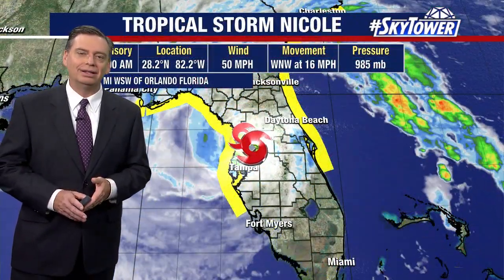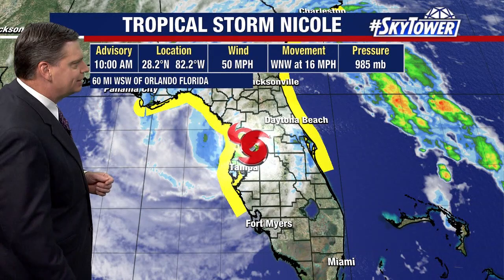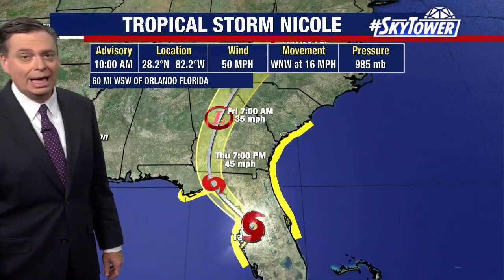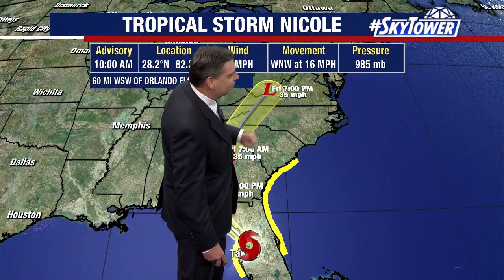So here is the latest on now Tropical Storm Nicole. Winds have diminished all the way down to 50 miles an hour. It's moving to the west-northwest at 16 miles an hour. It'll work its way over North Florida, continuing that weakening process, but really, at this point, it is just a lot of rain that'll be working its way through Georgia and then up into the Carolinas and Virginia and some